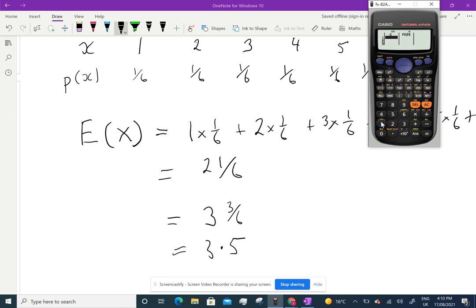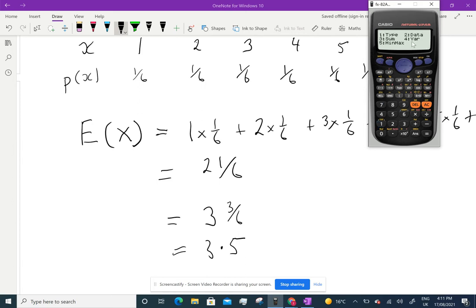Now you've got a frequency column. So you just put 1, 2, 3, 4, 5, 6. And over in this column, you just go 1 divided by 6. It'll write it as a decimal, but don't worry. 1 divided by 6, repeated for each row. Now it's in there. That's all clear. Shift,